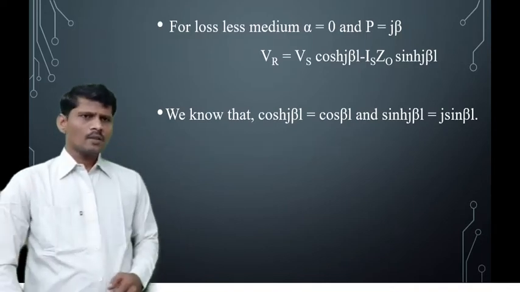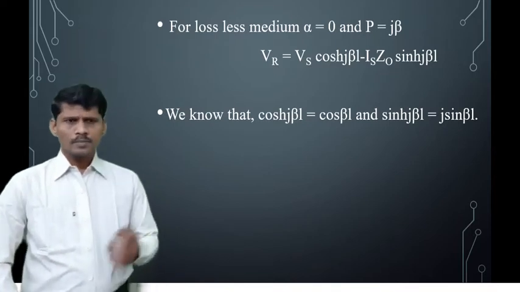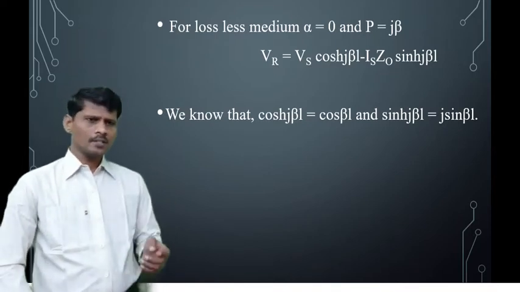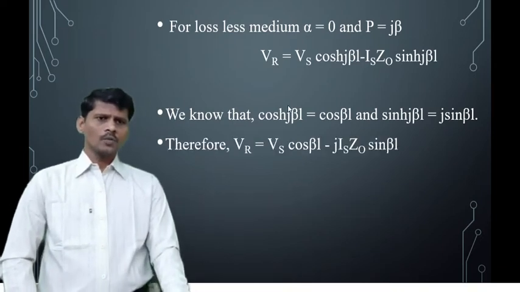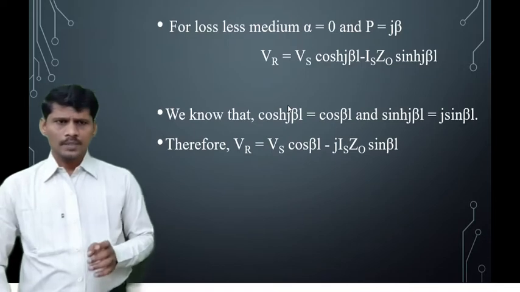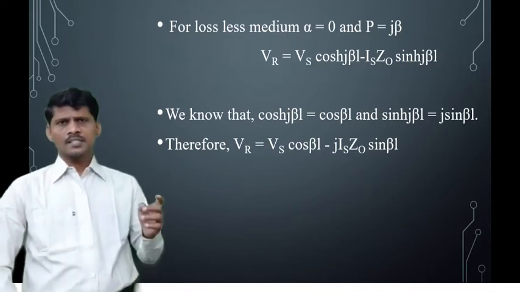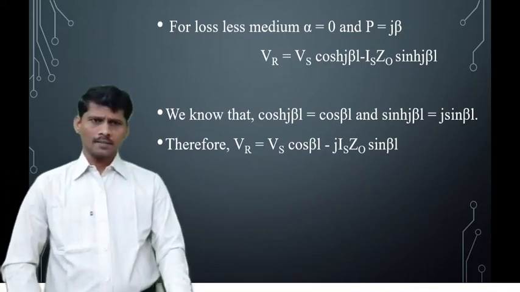But we know that cosh j beta L is equal to cos beta L and sinh j beta L is equal to j sin beta L. Applying these conditions to the above expression, VR is equal to Vs cos beta L minus j Is Z naught sin beta L. And the current